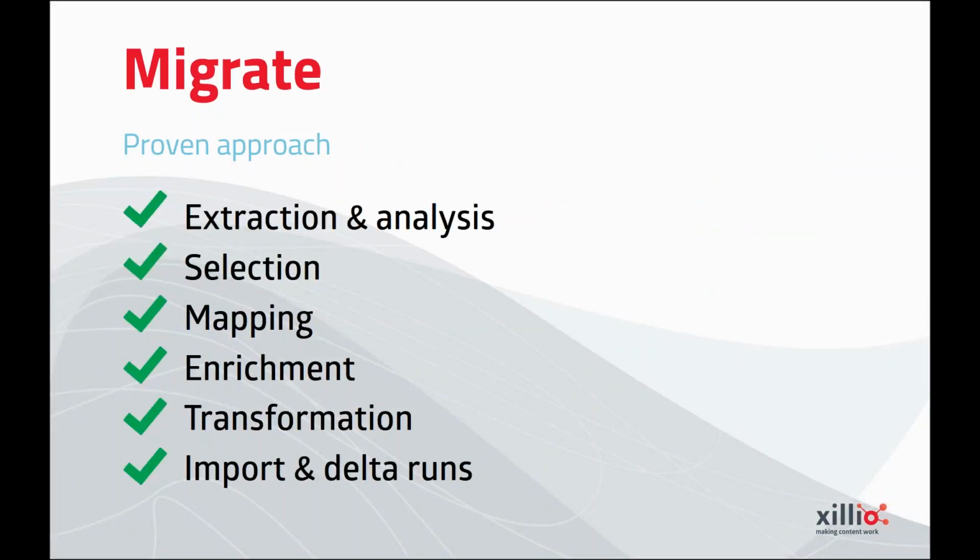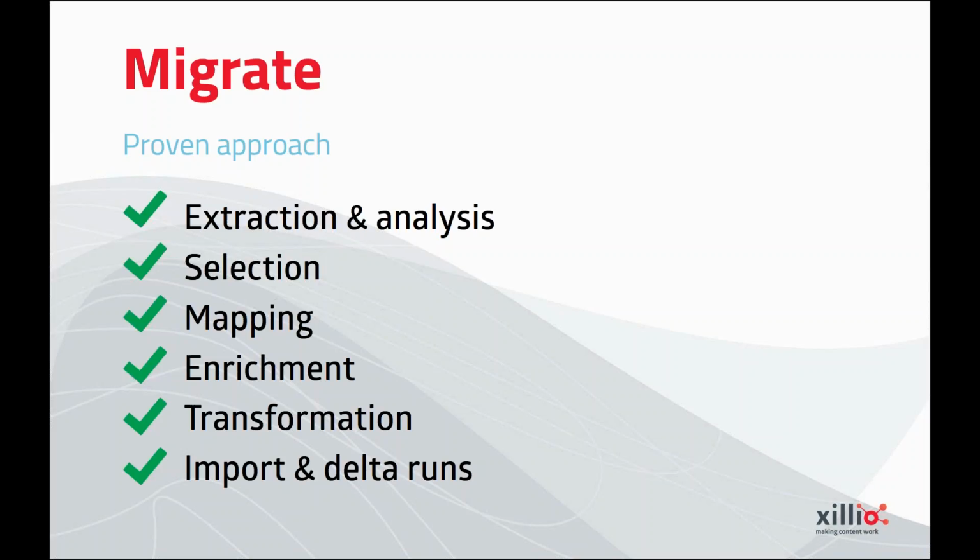We've got a proven approach. It's quite simple, as it were. So you start with an extraction and analysis. We really use the analysis to finalize our migration plan, to know what kind of content is there, the amount of content, what the quality is. That's what we use to really define a controllable and